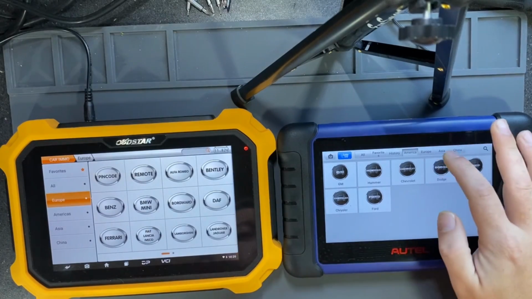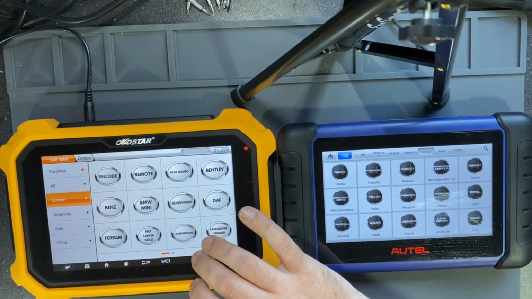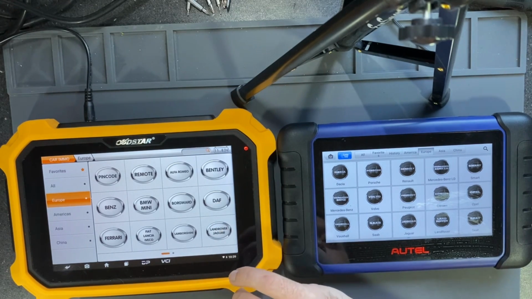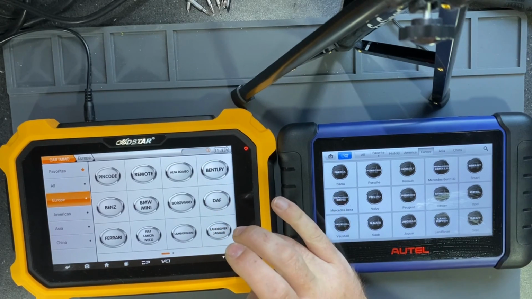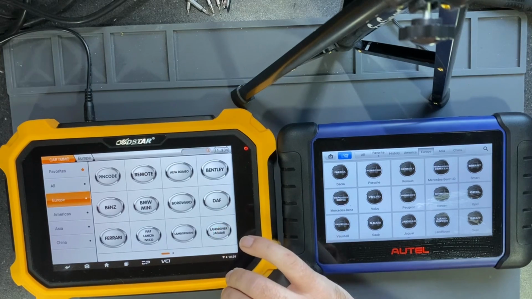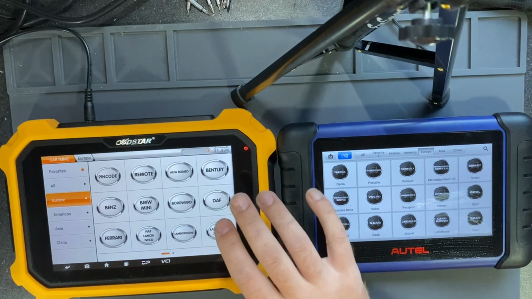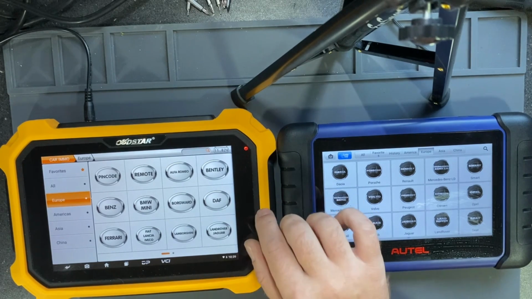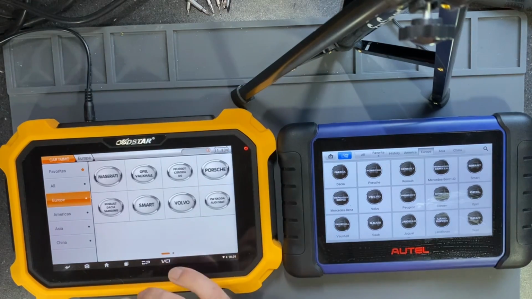I will focus more on Euro brands based on my location. 80% of the time I work on Euro brands, but I will not focus on BMW or Benz, because for those two brands I normally don't use these general tools. I have dedicated tools for BMW, and also for Benz I have a dedicated tool. But let's see